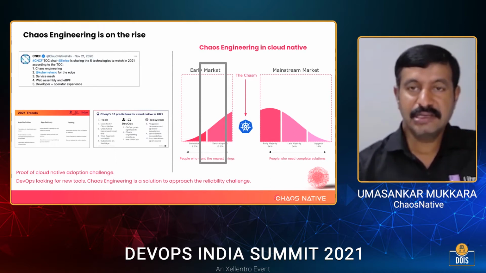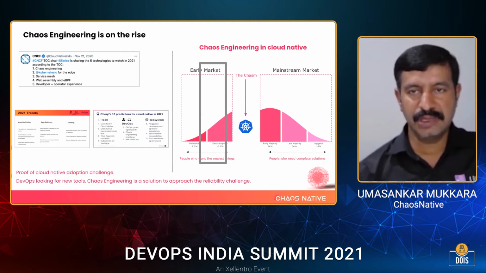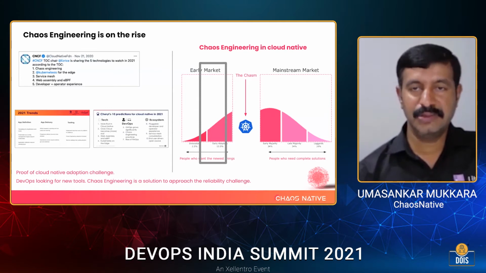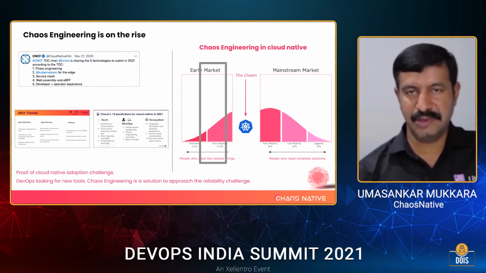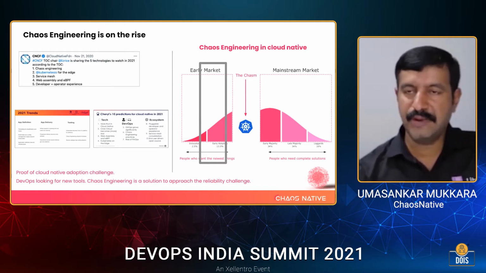And chaos engineering itself is on the rise, with so many new tools coming and so many architectures evolving, and so many vendors coming into the space. I'm going to talk a little bit more about Litmus in this session, but chaos engineering is out there now in a better available form for DevOps, for cloud native, right?